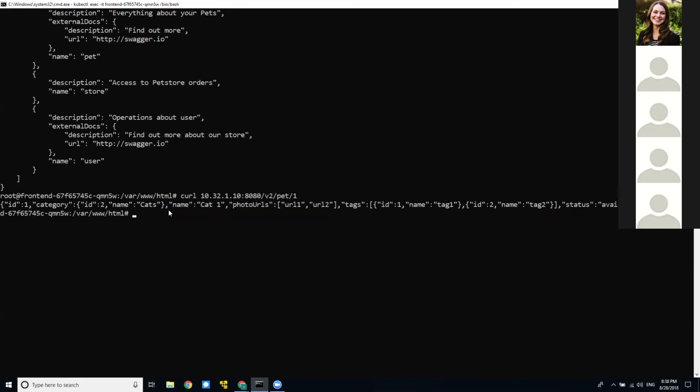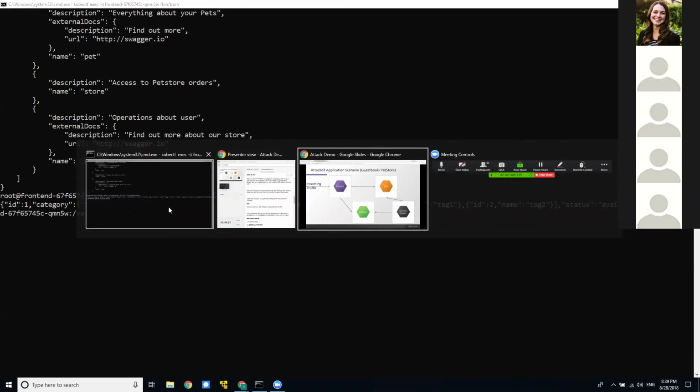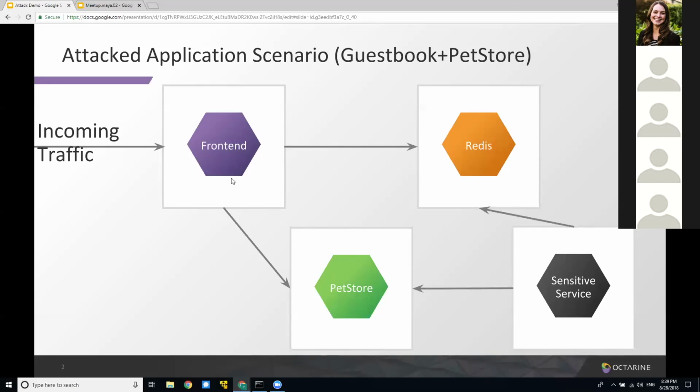I'll go back to the architecture and explain what we saw. Right now, we got access from one bridge front end pod to almost the whole cluster.